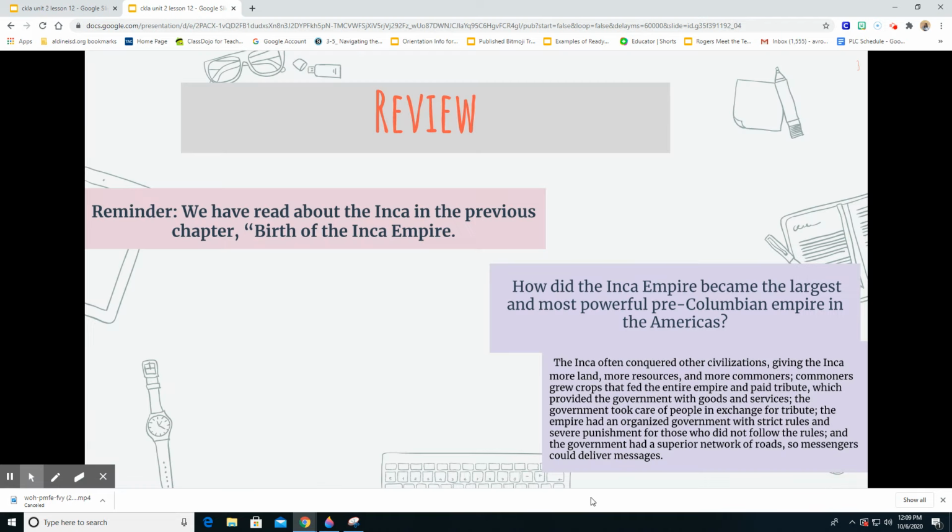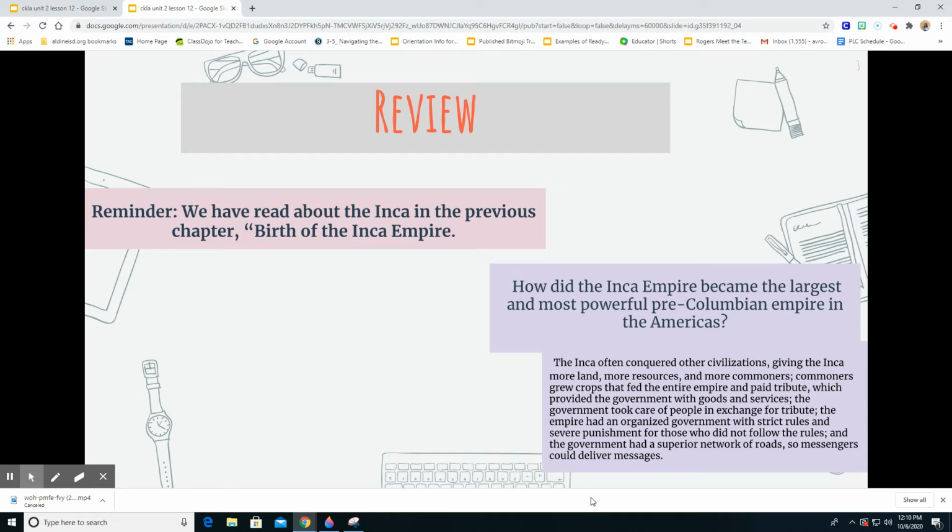It's very important that we review what we talked about in these previous chapters and what we read. We already read about the birth of the Inca Empire in chapter 7 of our reading. And now we're on chapter 8. We're going to talk about the decline. And you remember our big question from our last lesson